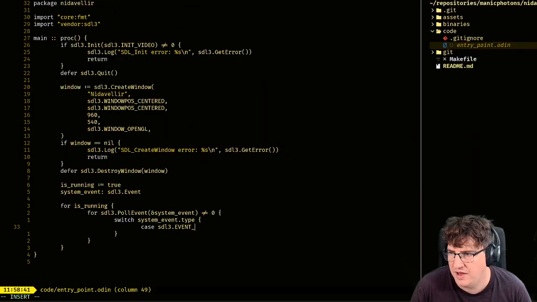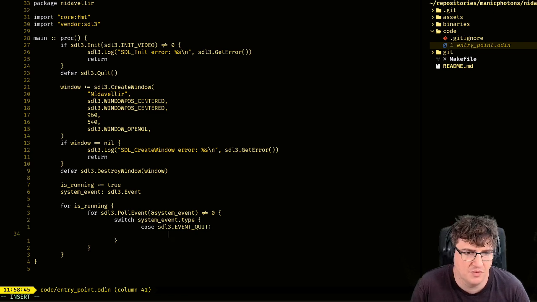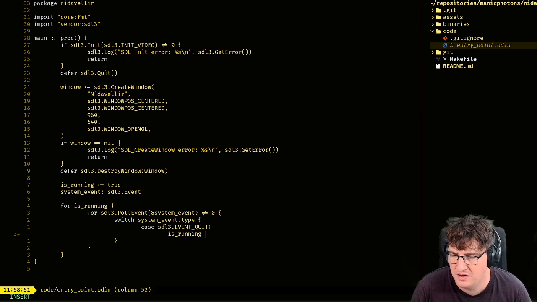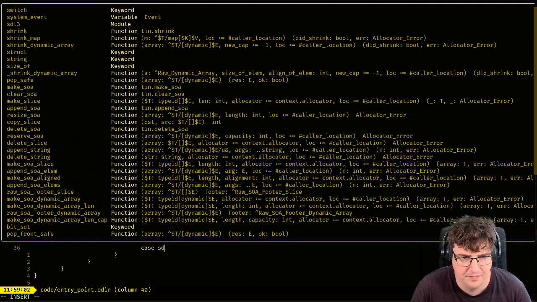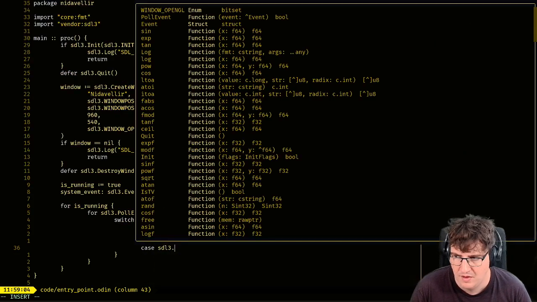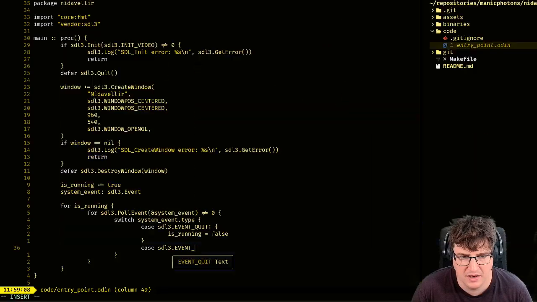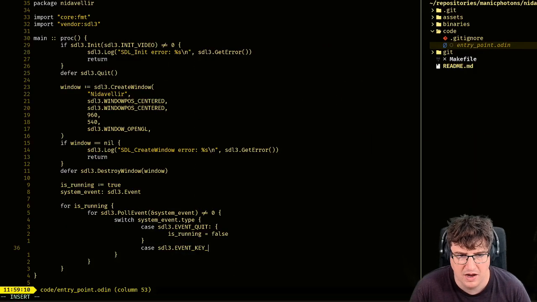So if it gets a quit event, well, that's something we definitely want to be on the lookout for, because in that case, is running will be set to false. And we also want to keep checking for key down events.